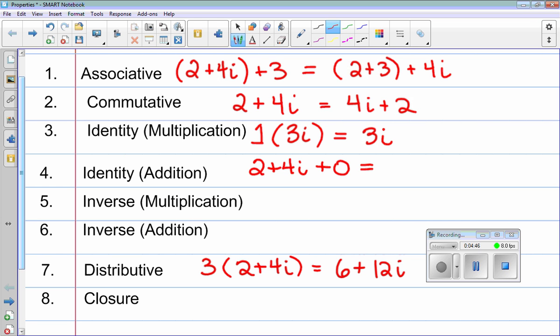2 plus 4i. Would you agree with that? So if I take a complex number like 2 plus 4i and I add 0 to it, it doesn't change the value. So the additive identity is just 0. Now, the